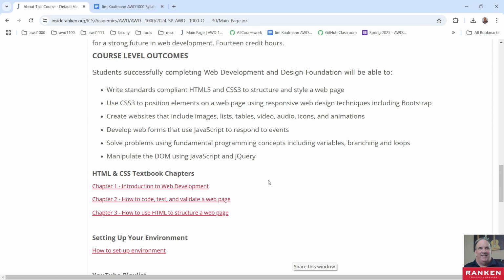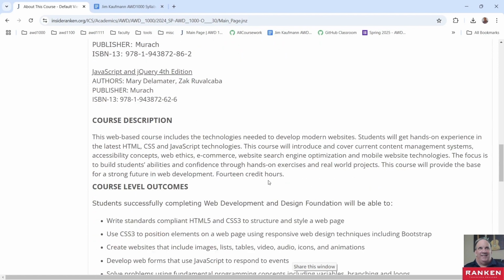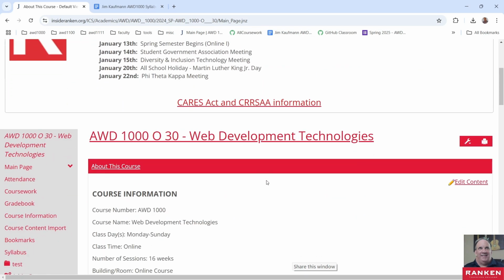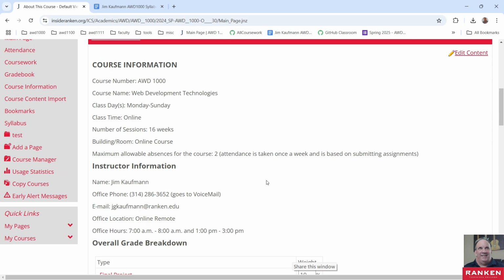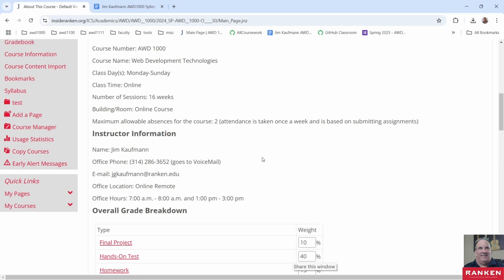Okay, so from there, I just want to go over this main page a little bit and point out some things, and I'll mention this a couple times. The maximum allowable absences for this course is 2. Attendance is taken once a week, and it's based on submitting assignments. As long as you're submitting assignments, you will be marked as present. If by Sunday at midnight you have not submitted any assignment at all,